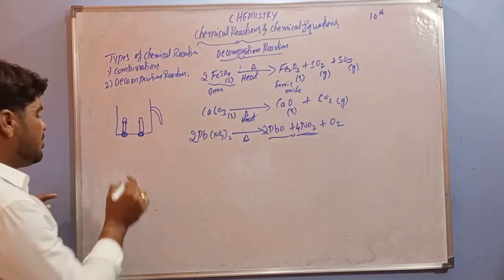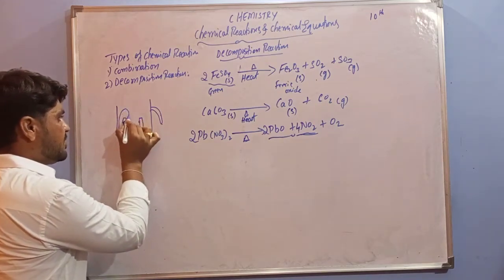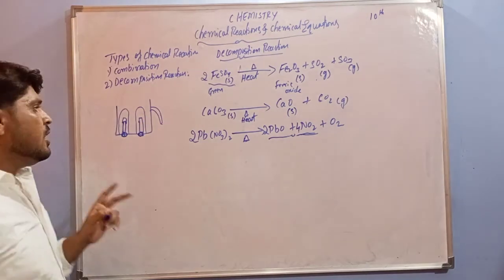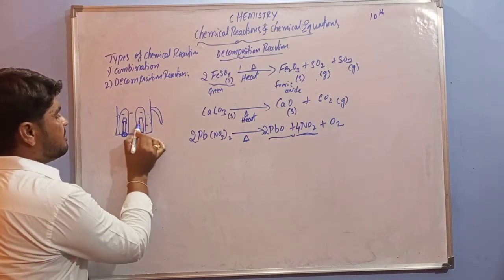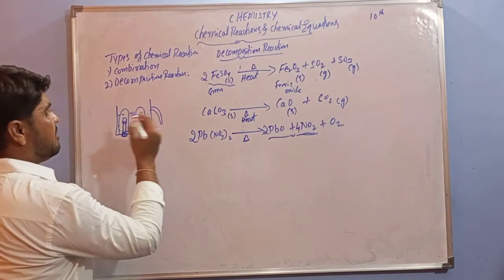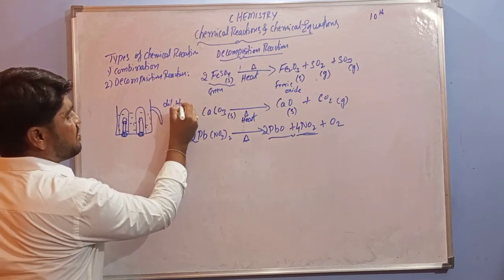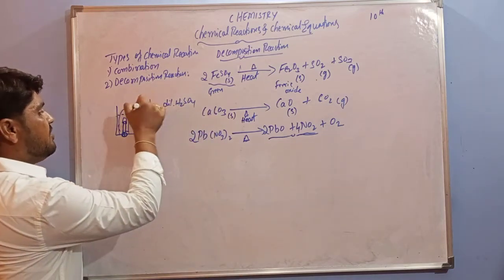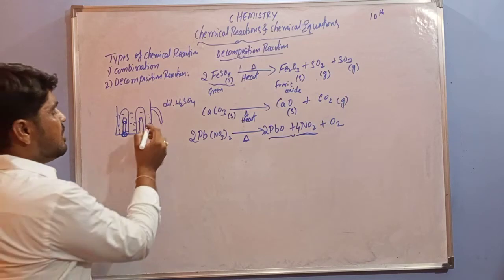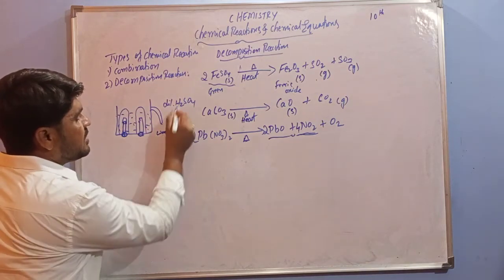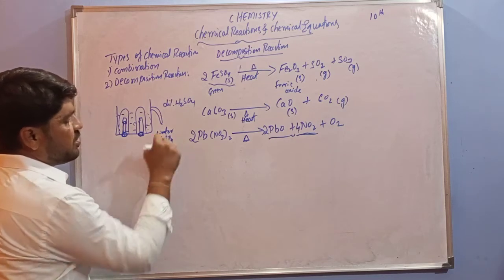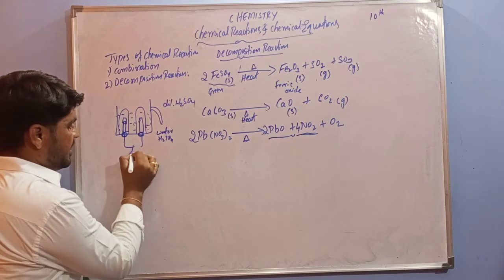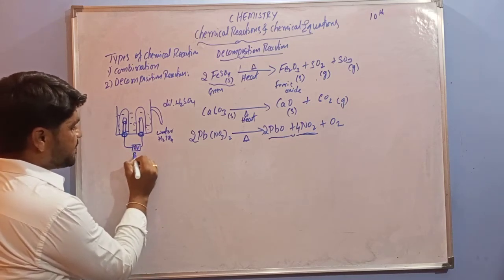For these carbon electrodes, I am going to invert a test tube covering each electrode. Right now these are the electrodes. Fill with water and add some amount of dilute H2SO4, sulfuric acid. So when we add the sulfuric acid, it will be a mixture of water and H2SO4 in this container. These 2 electrodes are connected by a 6 volts battery.